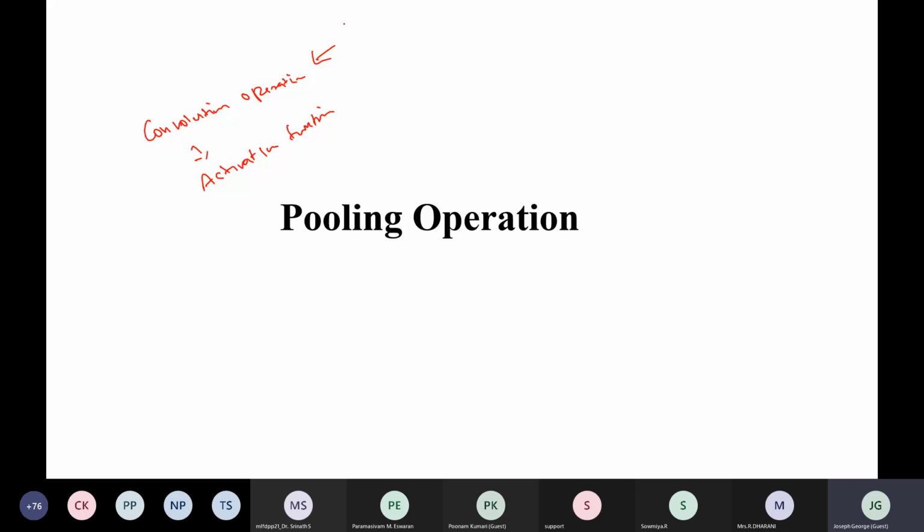We can use valid padding, or we can use same padding. We can also change the stride length. Stride length means how many pixels you want to move. Then you perform the convolution operation, and after it you perform an activation function on the activation map. This is what we call the operations in the convolution layer.